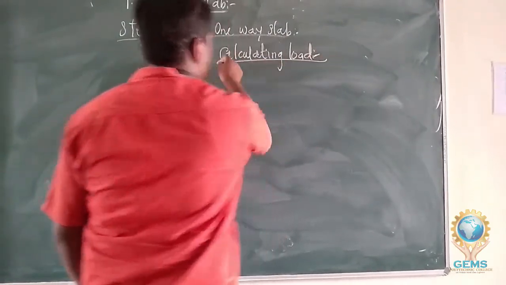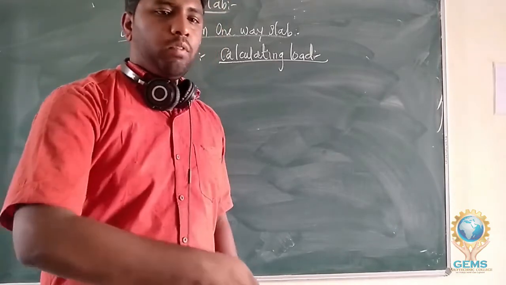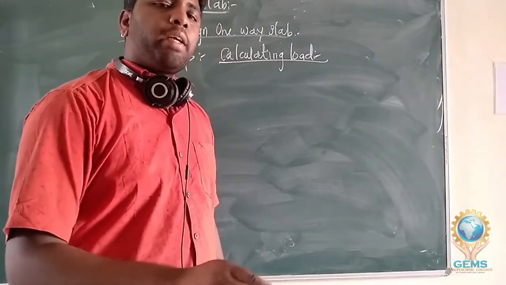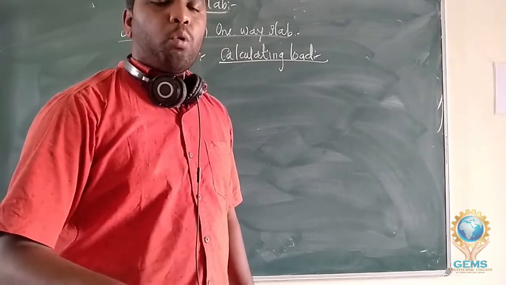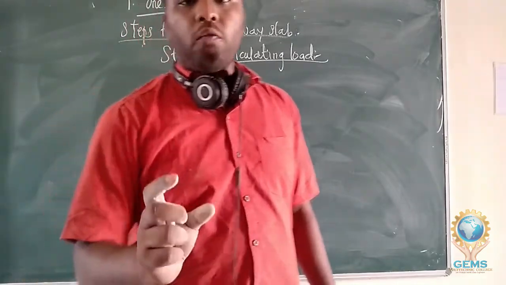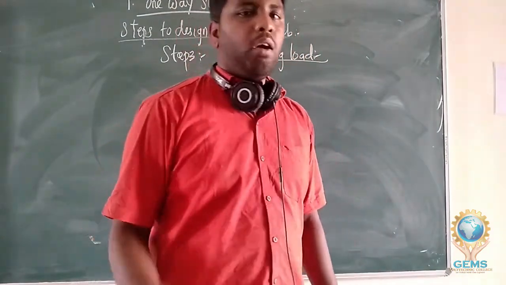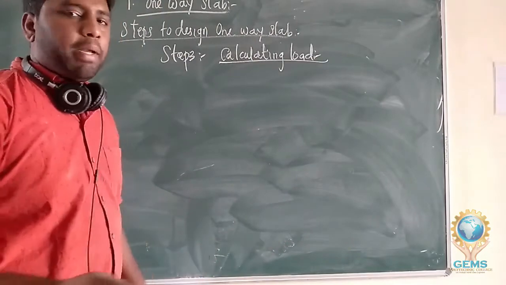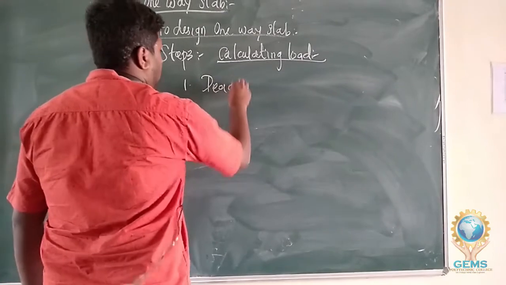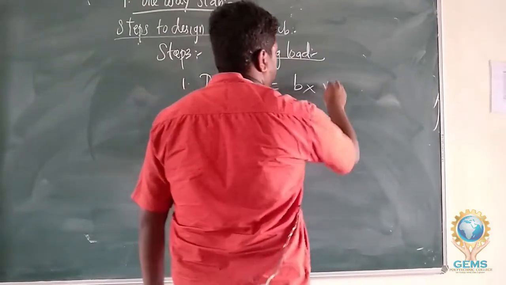So what are the loads? The basic loads are dead loads, live loads, and if you are using the slab to construct a floor, immediately after the slab, what will you put? You will put tiles. That is called the floor finish. Always the floor finish load is taken as 1 kN per meter squared. So 3 loads you will find. First one is dead load. Dead load is nothing but D into overall D.